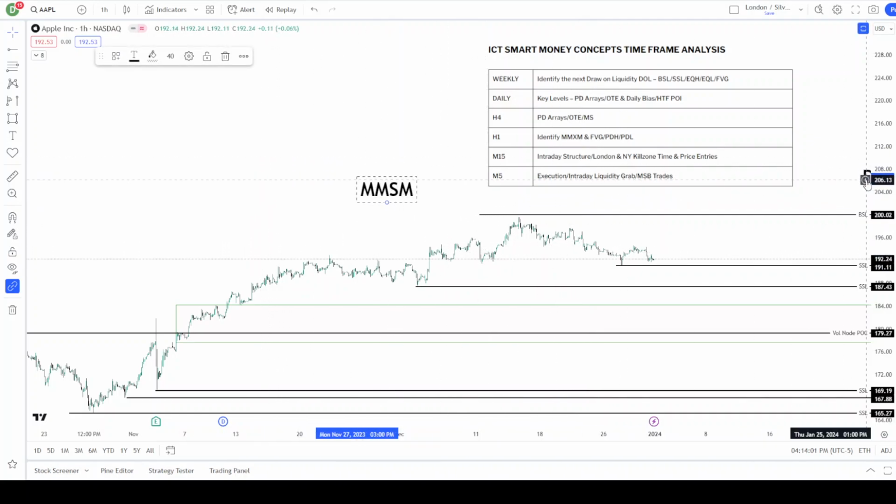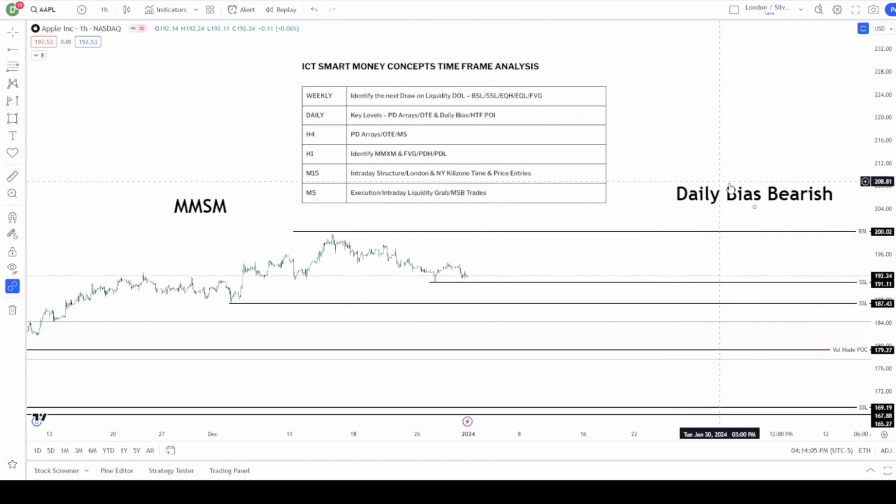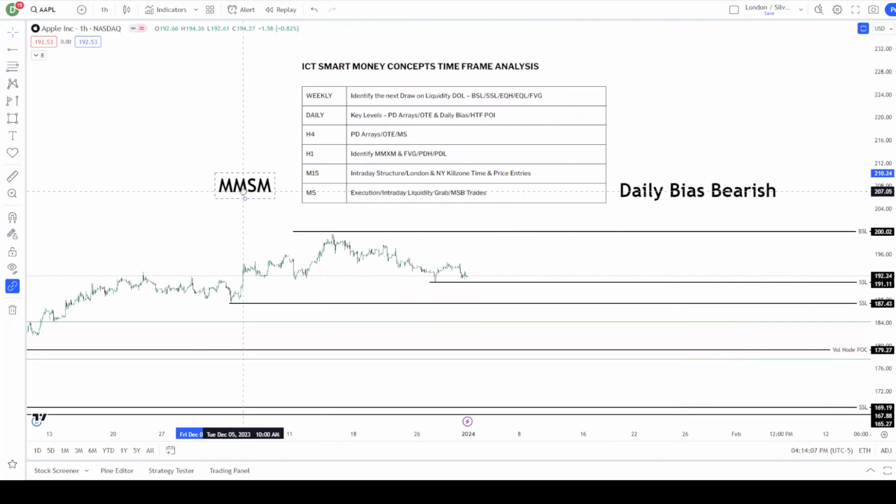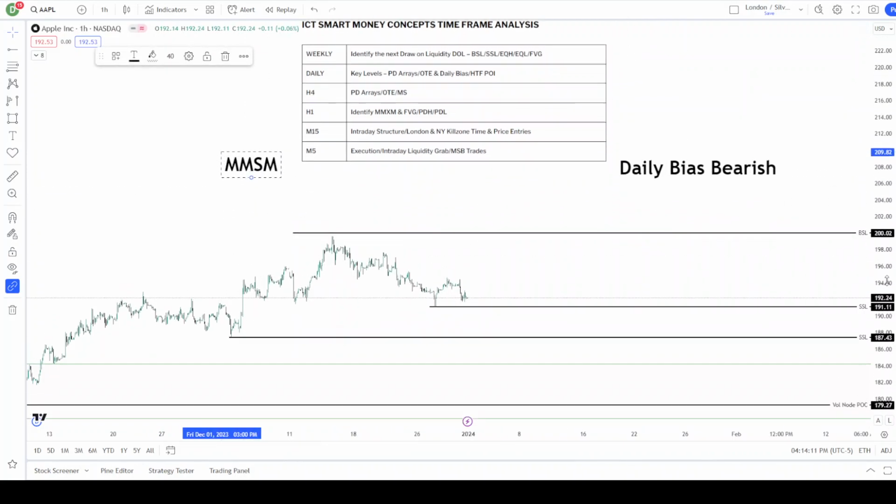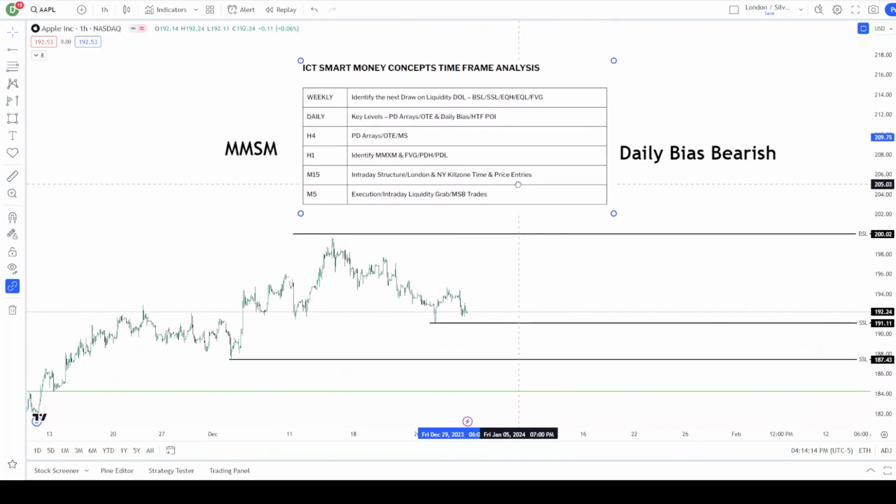So write that wherever you would track something like that. Also, we got our daily bias bearish. So it's good when our market maker model also matches up with our bias. Decent indication that